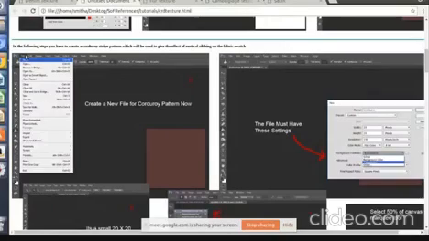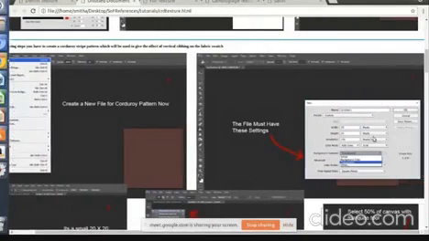So go to the File menu. Again, you have to select New. Now, in this dialog box, you can select the background contents as transparent. In most versions of Photoshop, this transparent option is there. In some versions of Photoshop, you may not find this transparent option. Only in that case, you have to select white. Otherwise, it is mandatory that you select the transparent option.